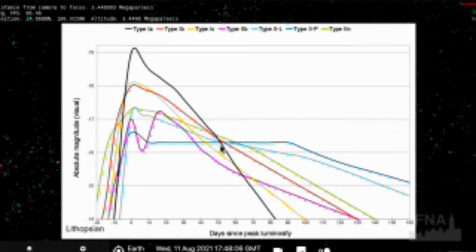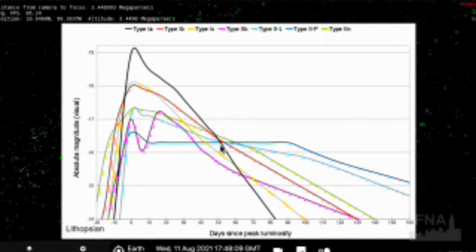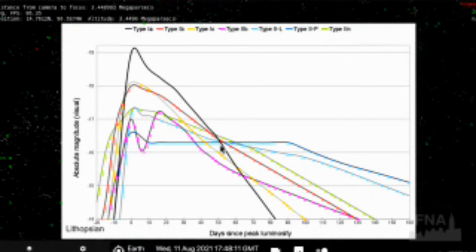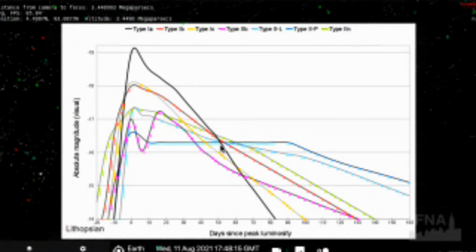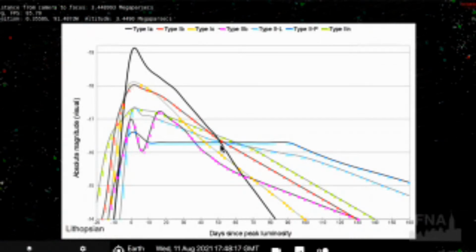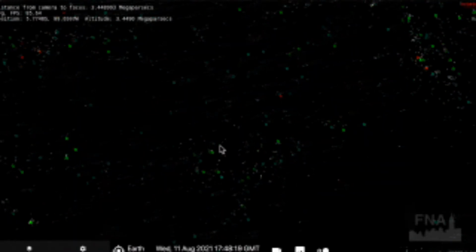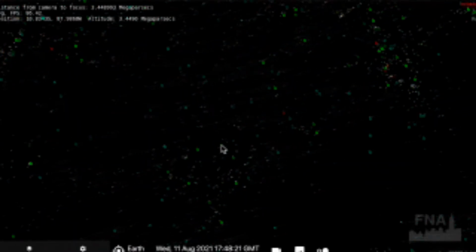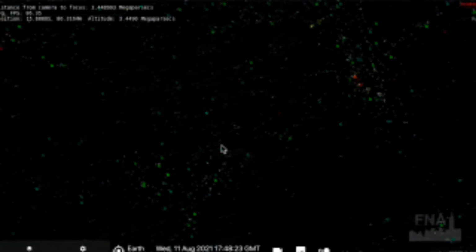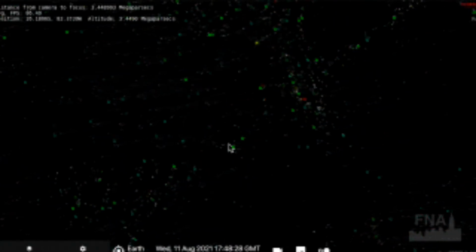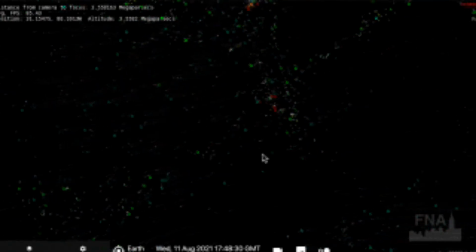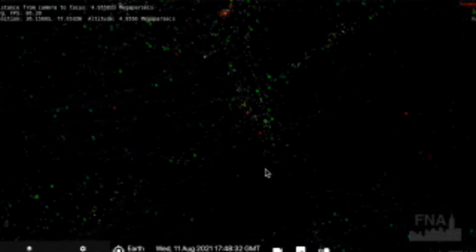So these are basically white dwarf stars that reach a certain mass, 1.4 solar masses, or 1.4 times the mass of our sun, and then they have this envelope of hydrogen gas that ignites, and it's enough to make them explode. But using those exploding stars, we've been able to figure out the distances to a lot of these galaxies.